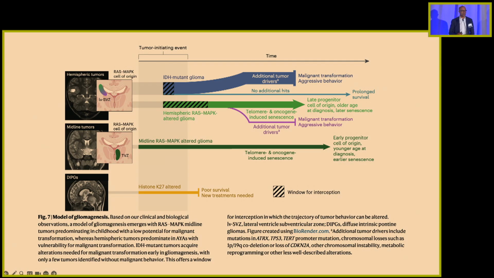Patient turns 24, now suddenly this tumor takes on a new growth pattern, and it becomes very clear quickly that this is a patient who needs intervention. I would intervene. They would have an IDH mutant glioma, low grade. But that low-grade glioma was there when that child was 12.